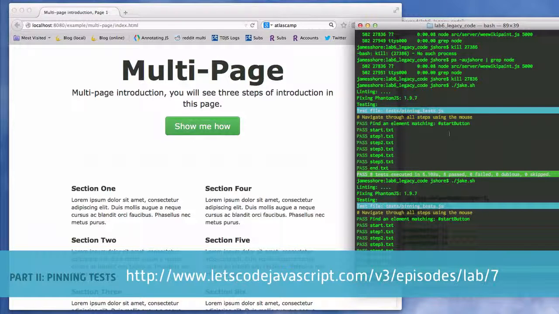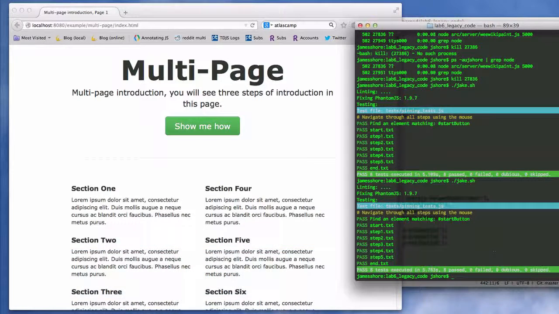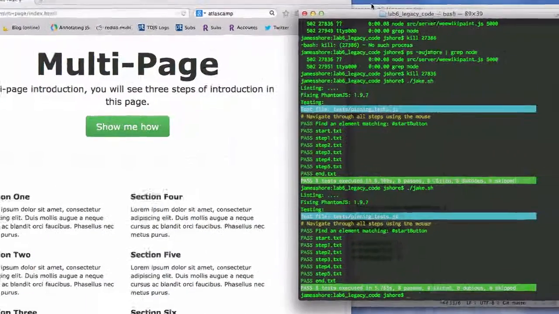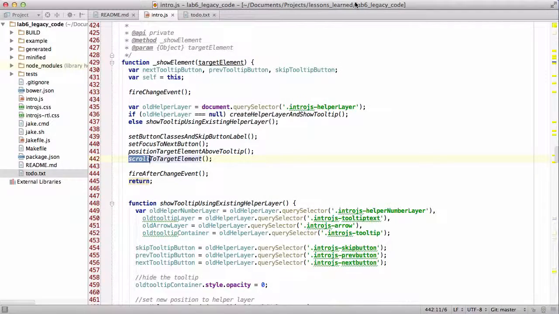It's quite slow and fairly brittle. For example, right now, the test will break if my screen size changes. That could be worked around, but in general, pinning tests like this are not reliable, and I try to take them out. Now, what we're going to need to do here, in order to get scroll to target element under test,